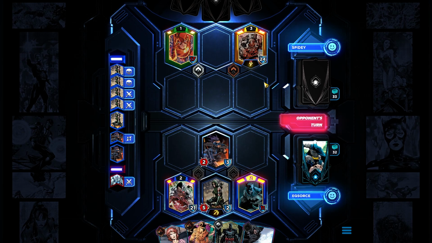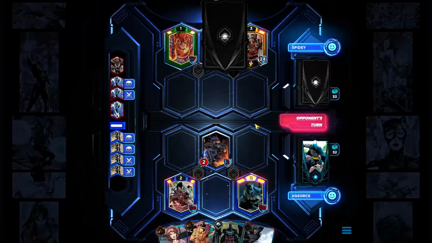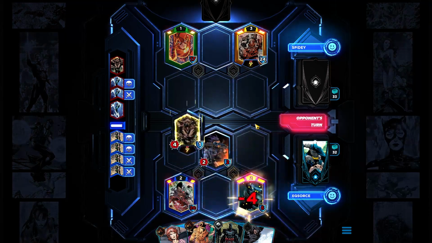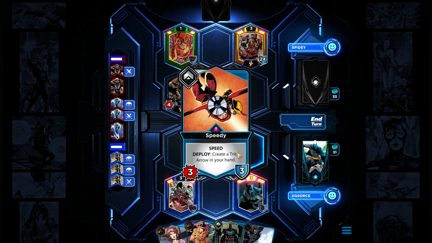So unless I get bandages, like that's what I need. I need to be able to heal. But currently I don't have any ways to heal. So, and I really would like to use... Alright, so 5 damage, 1 damage. And Man-Bat for another 4. Yeah, like it's so rough. Okay, so I need a Batarang from...